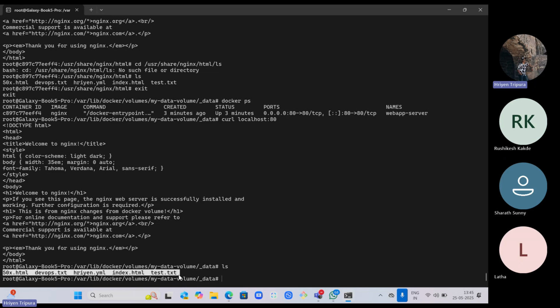As I told you, this is an isolated storage. That means it is not along with your container. This is a separate resource that is managed by Docker. Whatever data we have inside this volume, this is the data as you can see here. Now let's say once the Docker container is stopped and deleted, normally your data will be lost, right? So in this case,